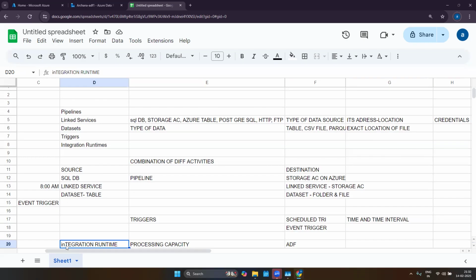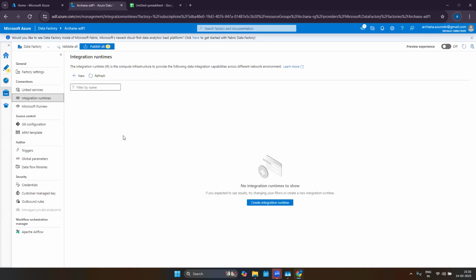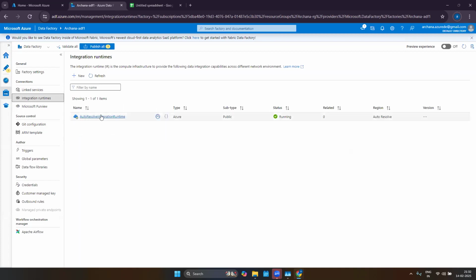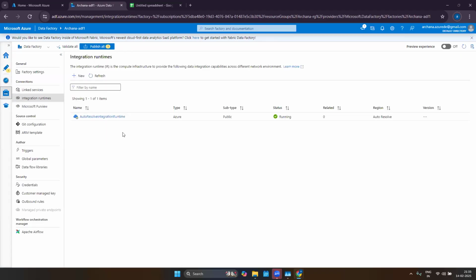One integration runtime is provided by ADF by default, which will look after the processing of pipelines which are local to the Azure platform only. I'll show you in Azure Data Factory. If you go to integration runtime here in this manage tab, when you create Azure Data Factory, you have this auto resolve integration runtime. This is the default integration runtime that is provided by ADF. Using this, you can do all activities local to ADF. I mean, if the source and destination are both on the Azure platform only, then you can use this auto resolve